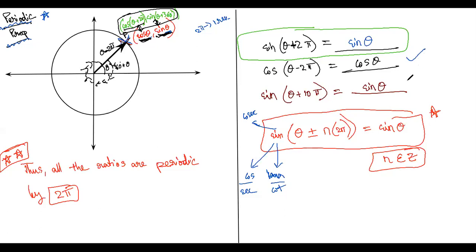Now the third point is very interesting. What about theta plus 10 pi? I'm not talking 360, but 3600. Sine theta only, because it is 10 times rotating at the same point. Whether you rotate once or twice or 10 times, again you're coming back to the same point. Therefore, sine of theta plus 10 pi will be sine theta.